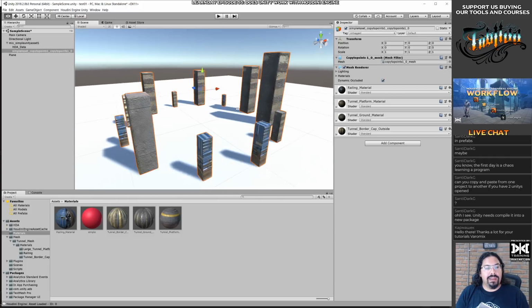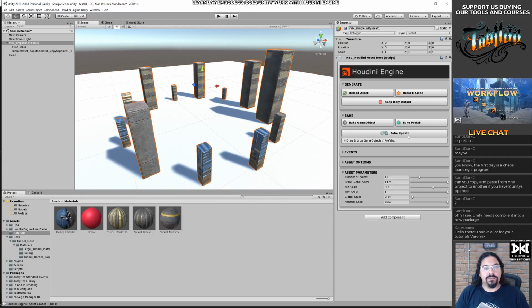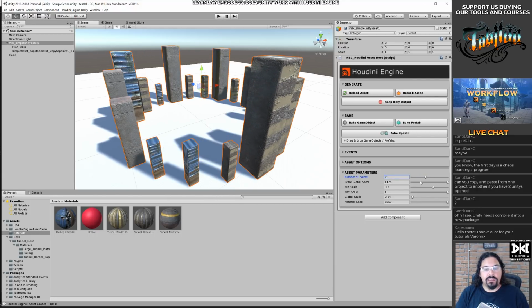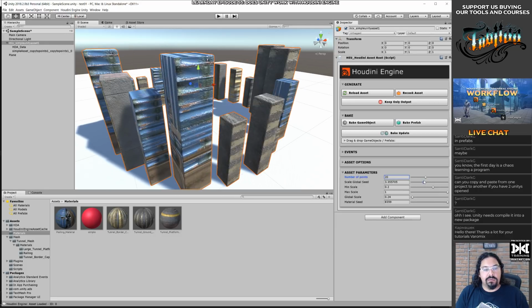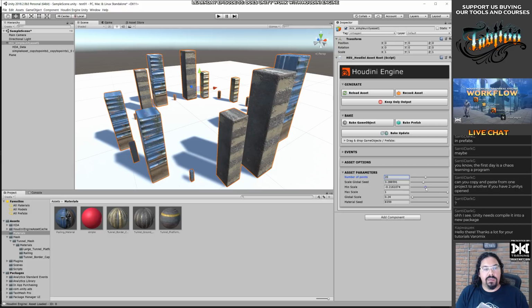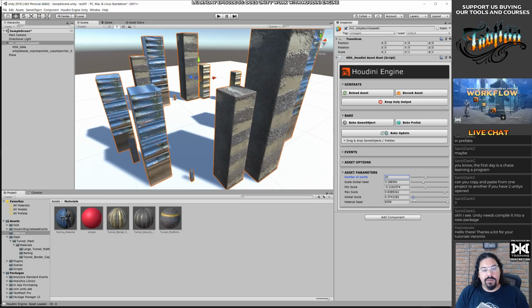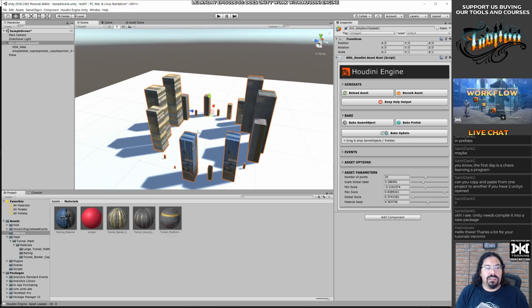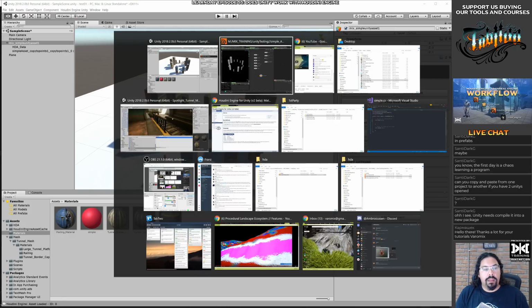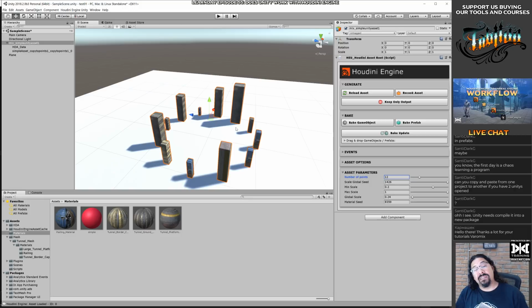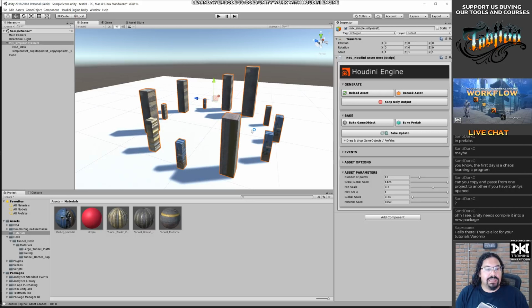Something that I don't like is that you lose your settings. If I want 20 points and I want my global seed to be whatever number I want, and my minimum scale and max scale, and my global scale to be whatever I want, and material seed, it's alright. And I change one little thing in Houdini and reload the asset. The settings get lost, which is something that I don't like in this case.